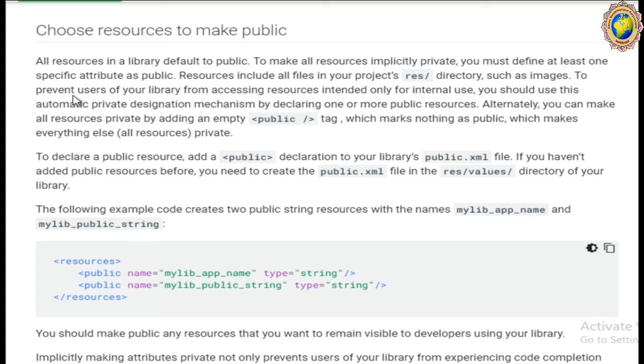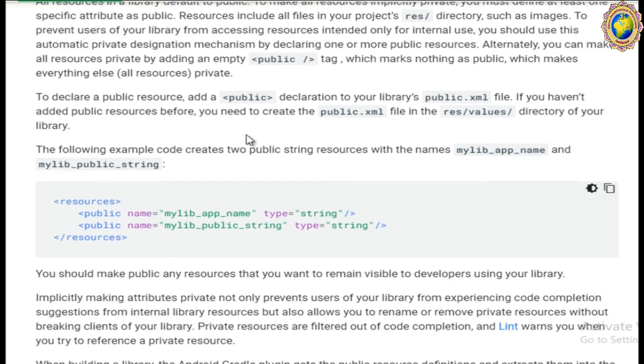To prevent the users of your library from accessing resources that are intended only for internal use, you should use this automatic private designation mechanism by declaring one or more public resources. Alternately, you can make all the resources private by adding an empty public tag, which makes nothing public and everything else private.